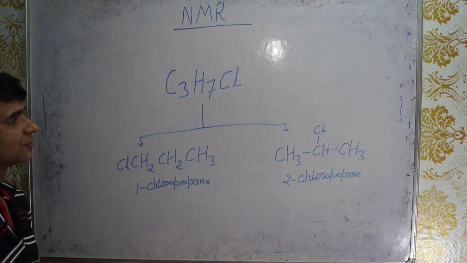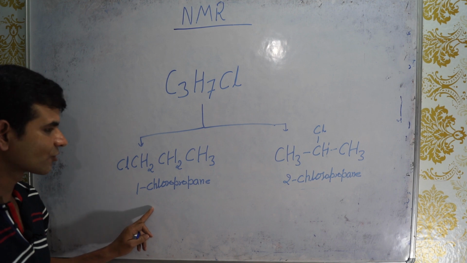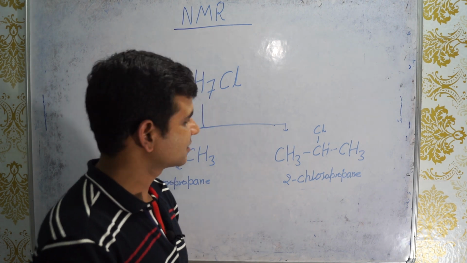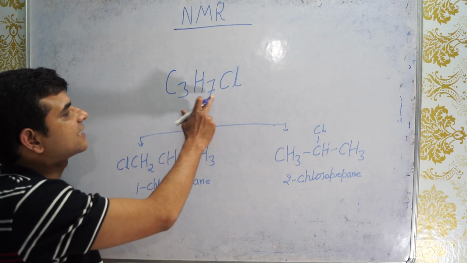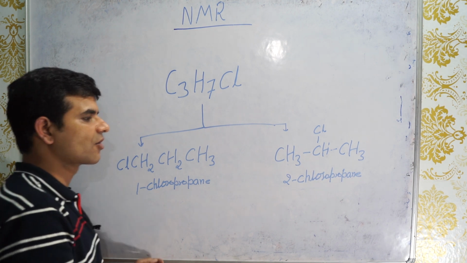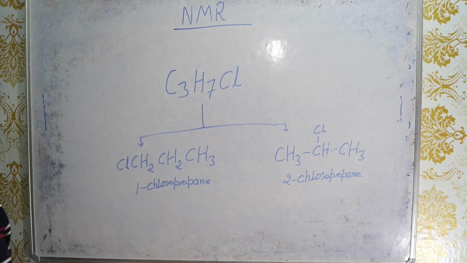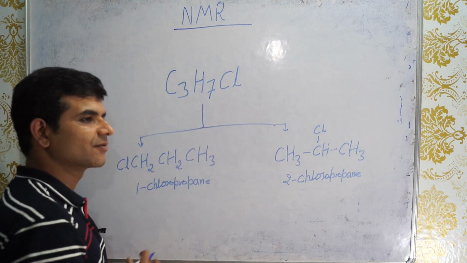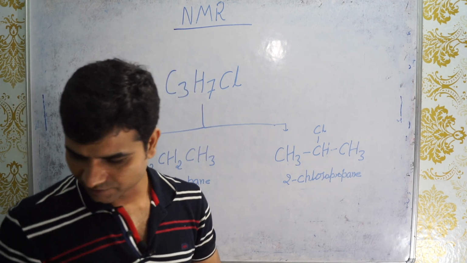But we don't know whether C3H7Cl is available in the form of one chloropropane or two chloropropane. But by using the NMR technique, we can know. So let's discuss how the NMR technique will inform us whether C3H7Cl is available in the form of one chloropropane or two chloropropane. In the first case,